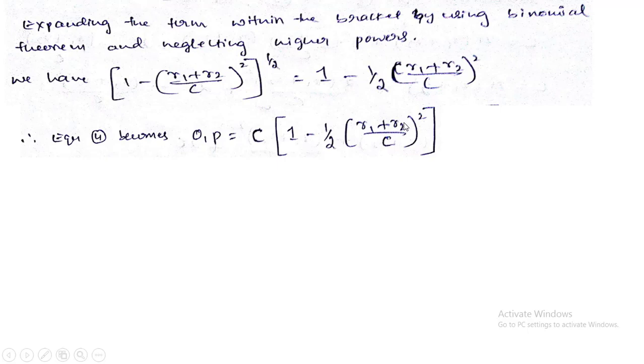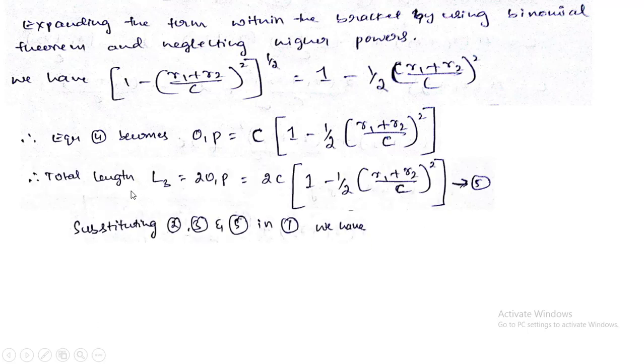Where is the one more sign change we got here? One more sign change is here. It was R1 minus R2 in the open belt drive, whereas here in case of cross belt drive we will get R1 plus R2. You can remember that. And so the total length of the belt again, as it is, L3 is equal to 2 times